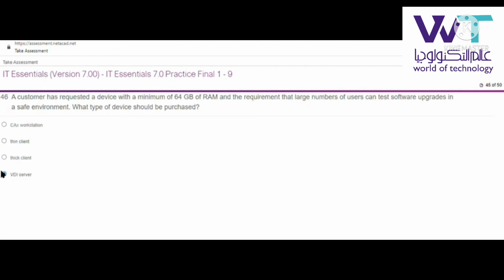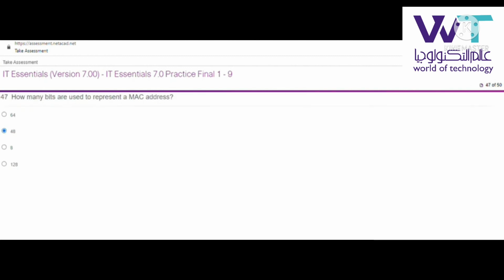السؤال اللي بعده رقم 47 how many bits are used to represent a MAC address؟ هتبقى 48. السؤال اللي بعده